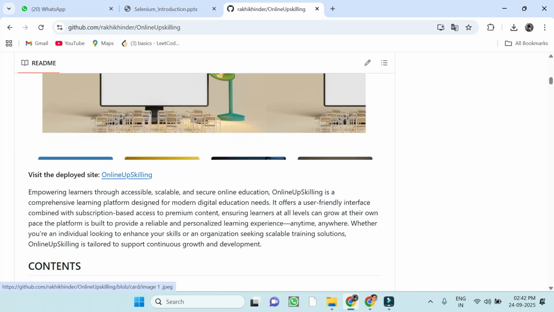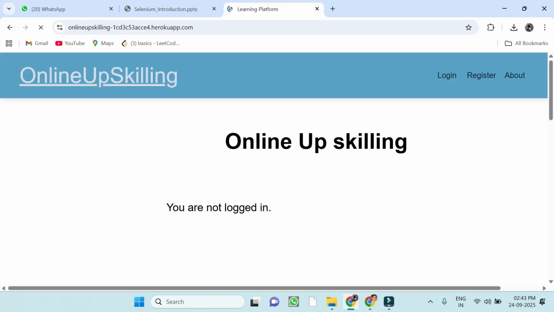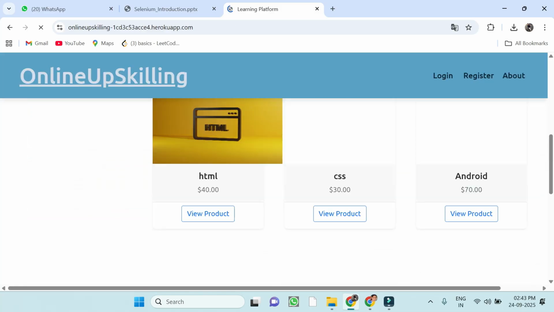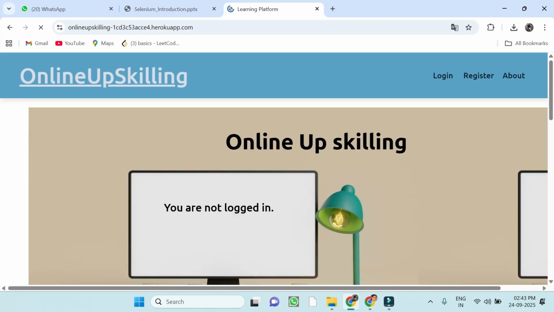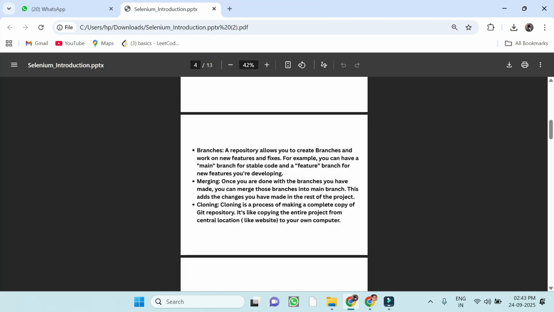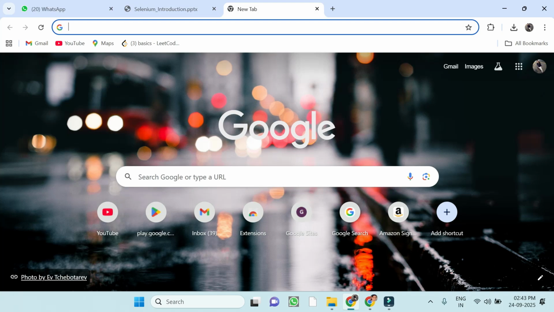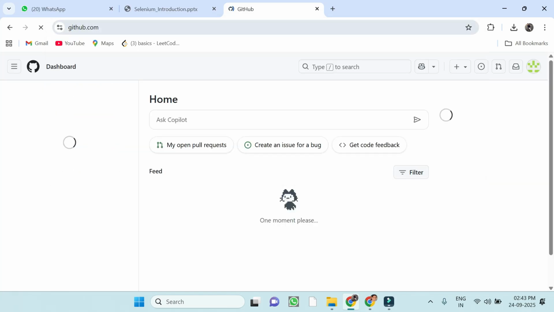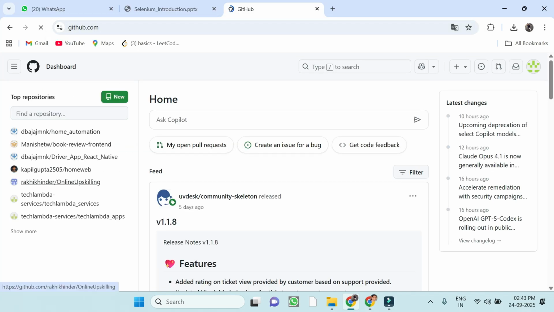This is my login page, and I wrote "visit the deployment site." This is my deployment site. If I click here, I go to my website, and if I give someone access, they can go there also. This is my website; I designed it. In the README, it's CSS, not only Python. This is the Django framework. So if I go there, I see my README file.